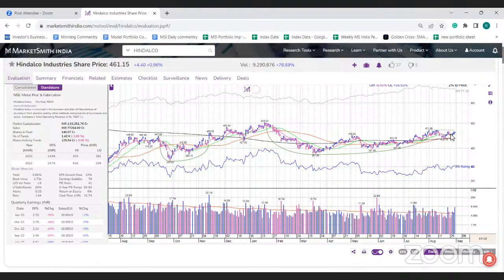Consolidate कर रहा है between 50 DMA and its pivot level. So 472 is the pivot level, and इसका नीचे की side में 50 DMA के around 442 is the 50 DMA. So the consolidation is good. I think if you look at the volume front, तो जब नीचे जा रहा है इतना वॉल्यूम नहीं आ रहा है, but again when it is trying to move higher there is a decent volume coming. So give some time to break out. You should not be aggressive over here. थोड़ा ब्रेकआउट के लिए टाइम देना is very important in this stock.